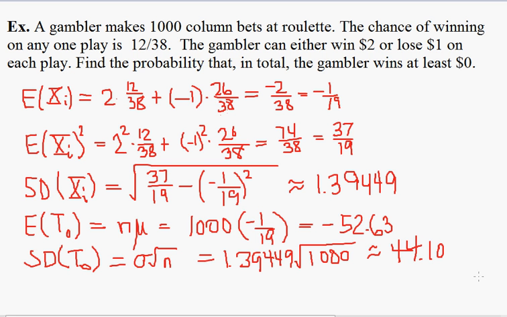In other words, if we play the game 1,000 times, we expect to lose $52 or $53, give or take 44. So finally, the probability that the sum is at least 0